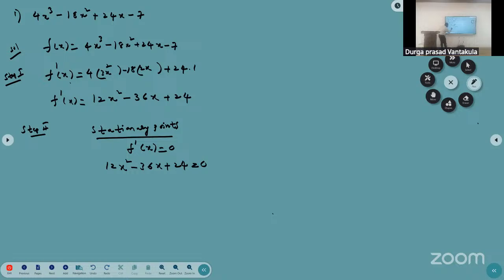I will take 6 common because all the numbers are divisible by 6. 6 common, what you will get? 6 2s are 12, minus 6x, 6 6s are plus 4. Here, why don't we behave more smart here? I did not observe that. This is correct, but